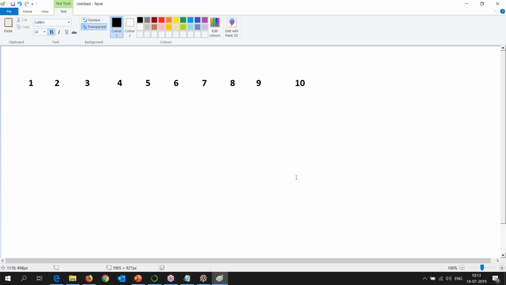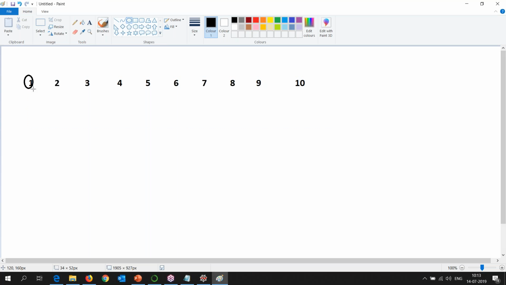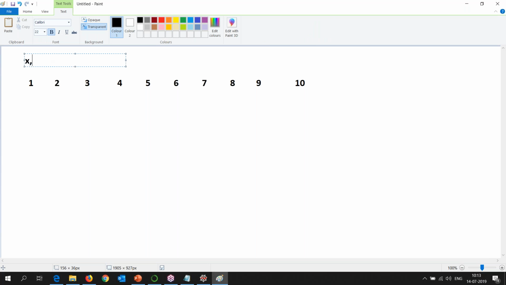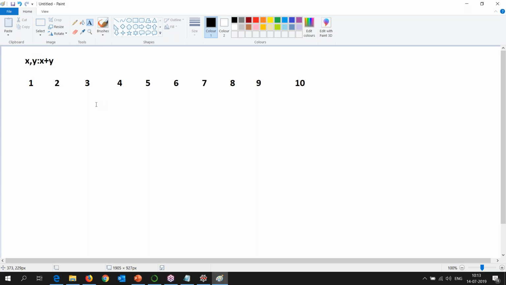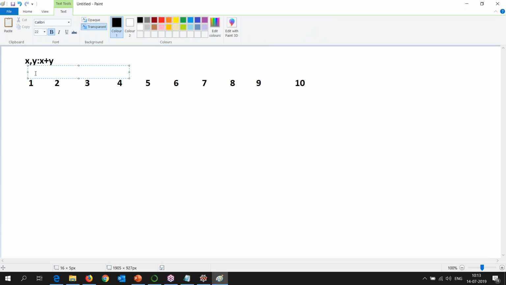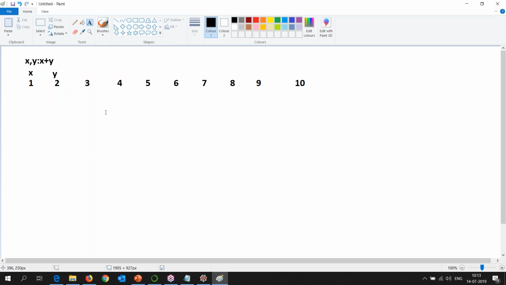Okay, these are the numbers that you have in the list. And the function that you created was like this: x comma y, so x plus y. What is going to happen is these will be assigned as x and y. So your reduce function is going to take the starting two values from your list, and then perform the addition operation that it was meant to perform, and it will give you the number